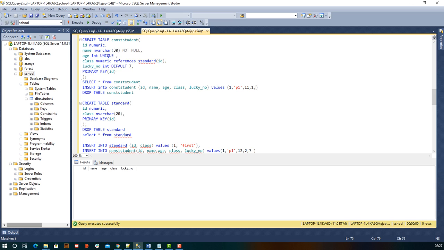Okay, and then we'll give lucky number as 7. Okay, let's remove lucky number because anyway that is going to take the default value if we don't give it, so that is fine. Now if we try to insert this, this is going to assign class 1 to a person whose id is 1. So it means there is a class called 1 in the school standard. Okay, so if we try to insert that,